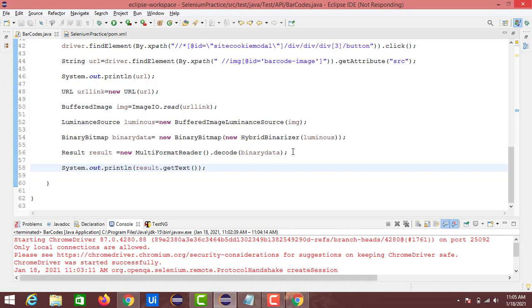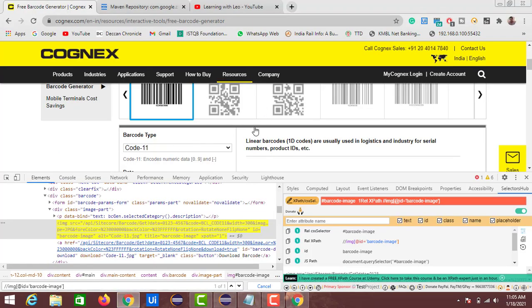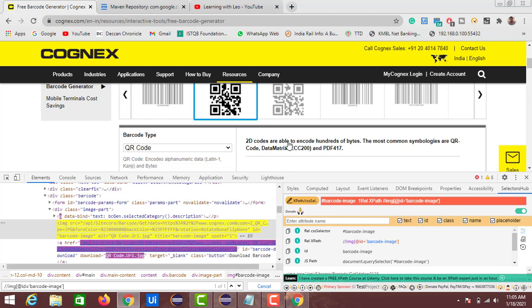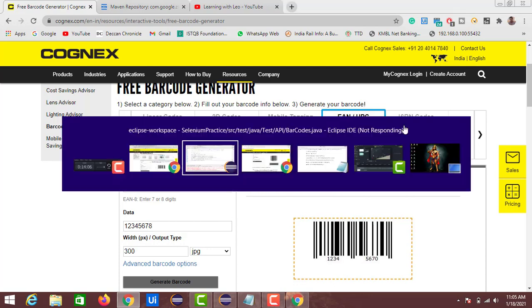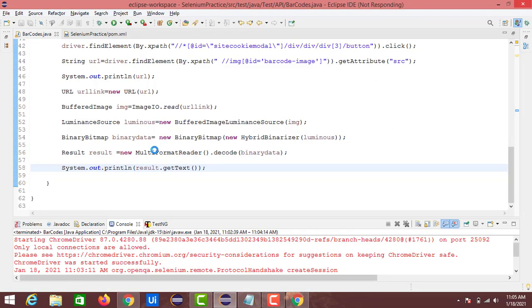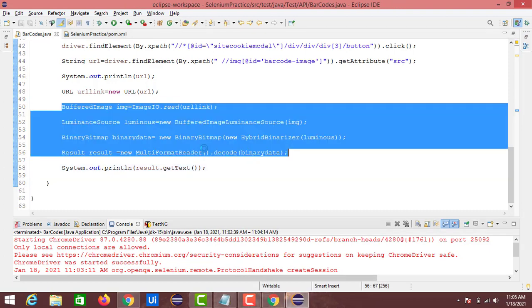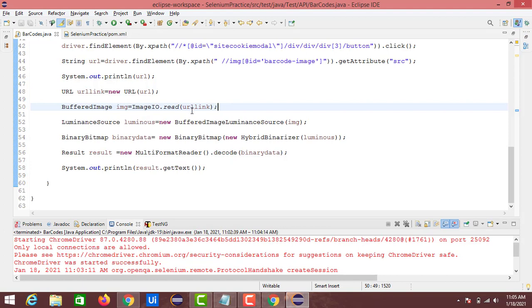Everything is the same for barcodes or for QR codes or any type of codes, irrespective of the type of barcodes or the dimensions of the QR codes. You can see different types of codes are available here, like mobile tagging, EAN, UPC, and so on, and all this process is the same. Here what we did was, first we identified the URL for a particular barcode or QR code, and then we used ImageIO.read. Once the URL string is converted into a URL link, we use the URL link to identify the image from ImageIO.read,